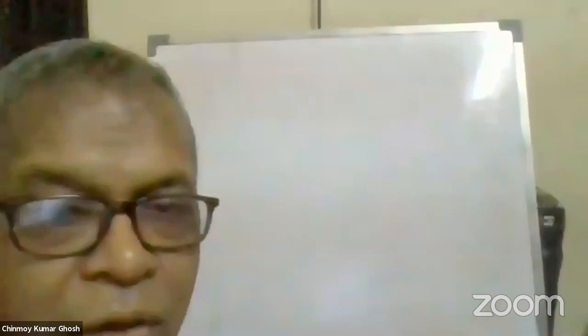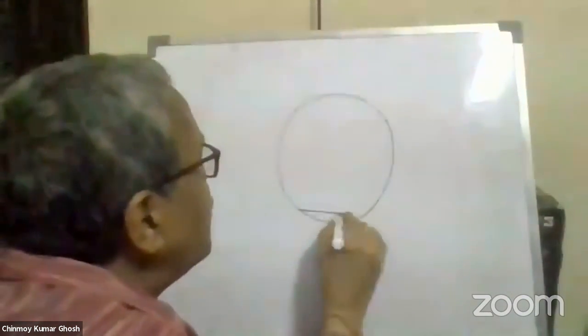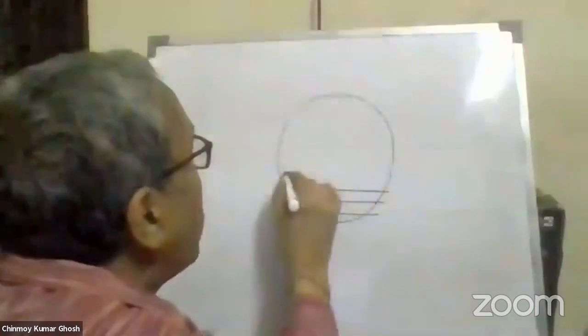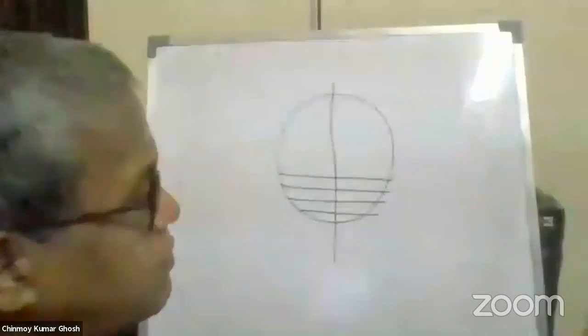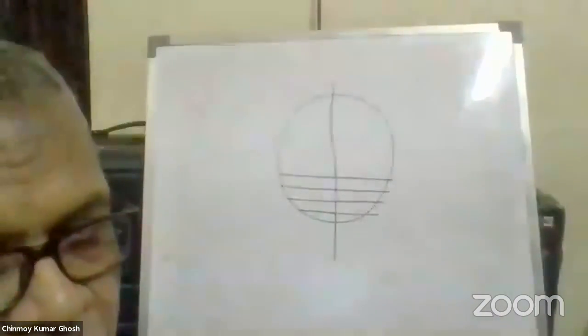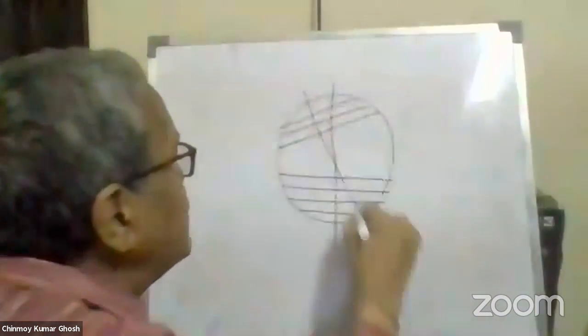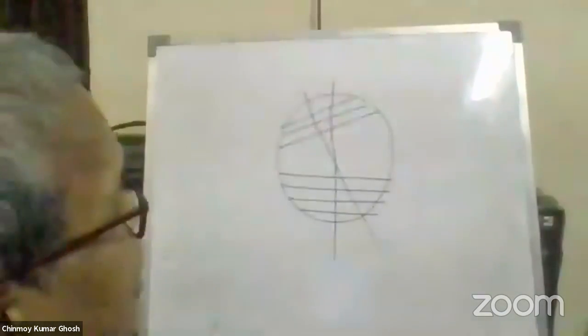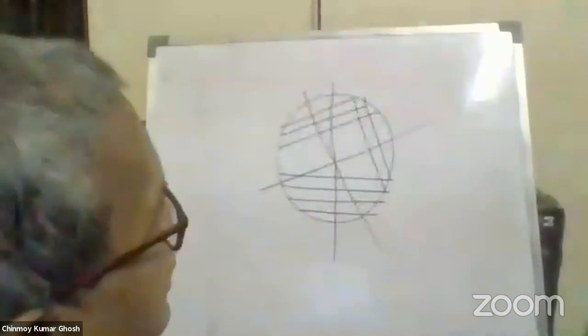Now, the word diameter is associated with length, the diameter being twice the radius in case of a circle. But what actually is a diameter? Let us start with the circle. If you have a system of parallel chords, then the locus of the middle points of the parallel chords is a diameter. And a circle can have an infinite number of diameters. If you have these parallel chords, then the locus is again a diameter. If you have this set of parallel chords, then the locus is again a diameter.